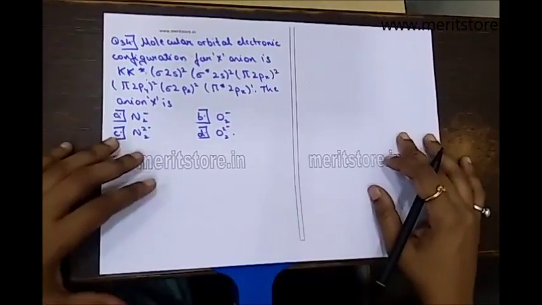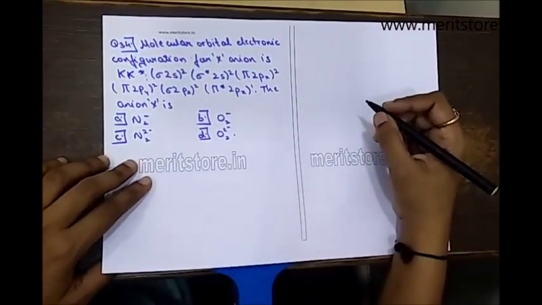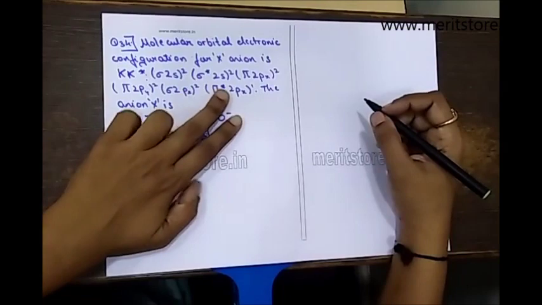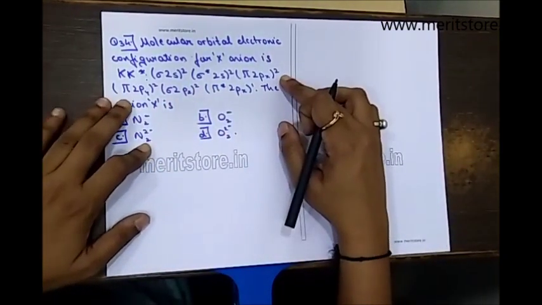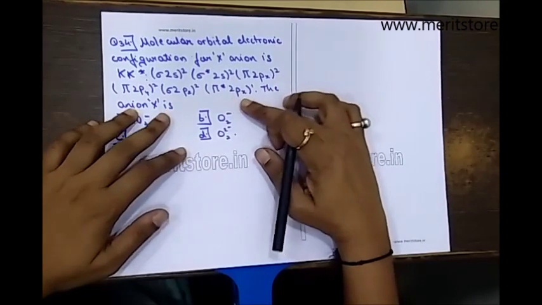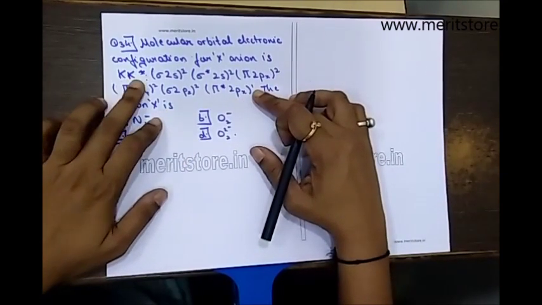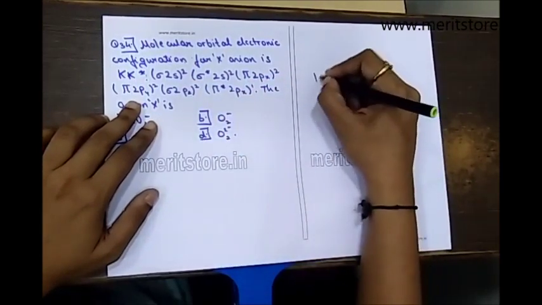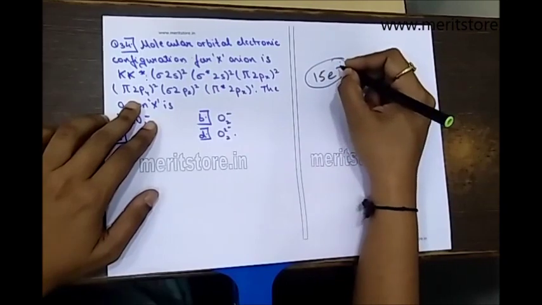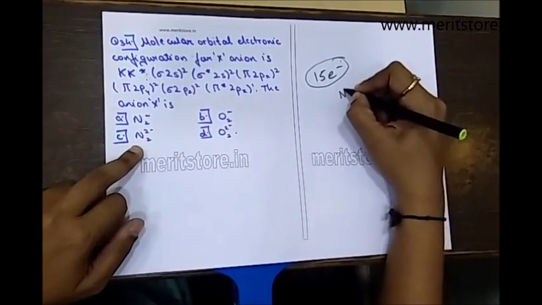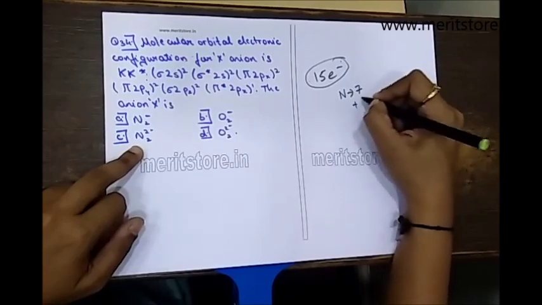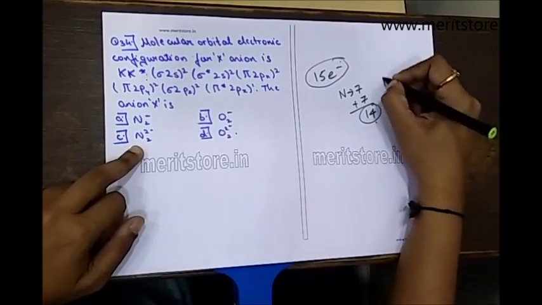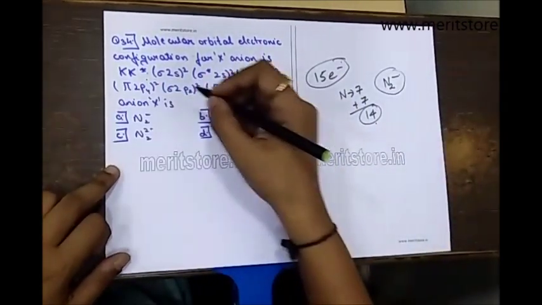Question number 34 is, the molecular orbital electronic configuration for the X anion is KK dash sigma 2s2, sigma star 2s2, pi 2px2, pi 2py2, sigma 2pz2 and pi star 2px1. If you calculate this, KK, that is the first shell, contains 4 electrons, and in total there are 15 electrons. And since there are 15 electrons, if I talk about nitrogen, each atom is 7, so N2 will be 7 plus 7, 14, and if you add an electron to that, it will become 15, so it should be the N2 minus species. Hence our option is